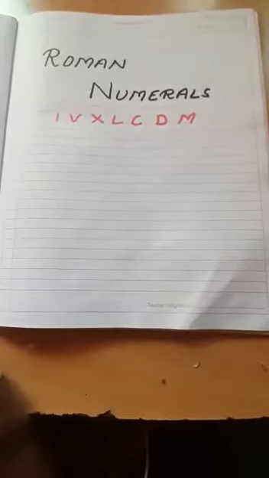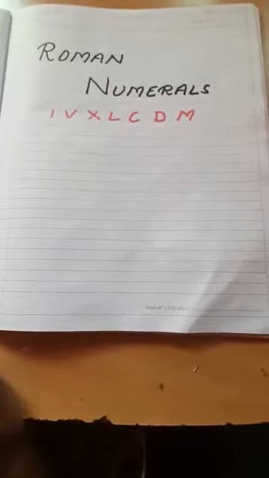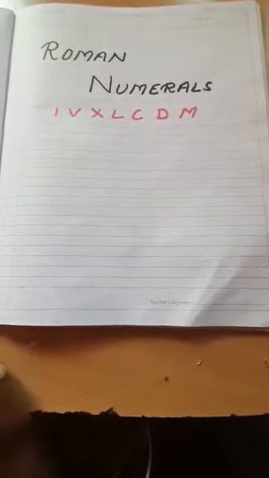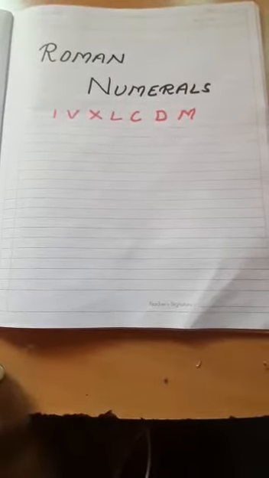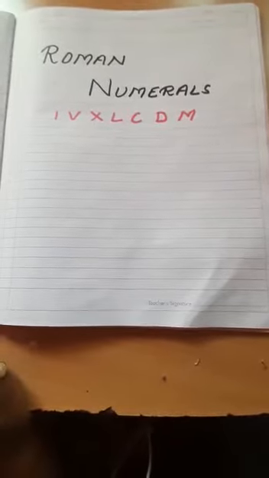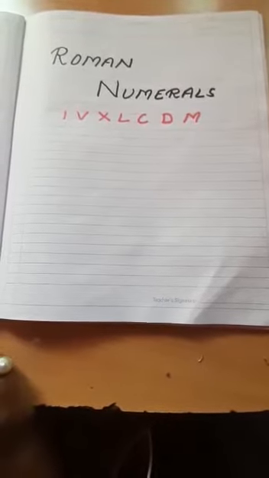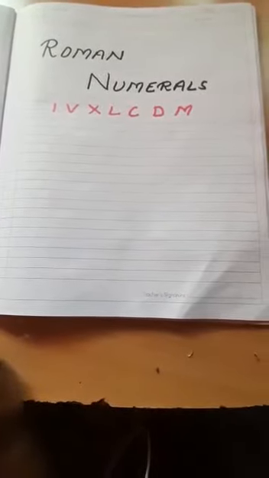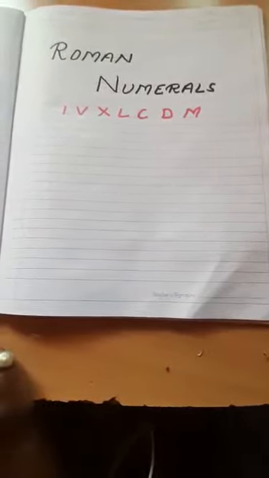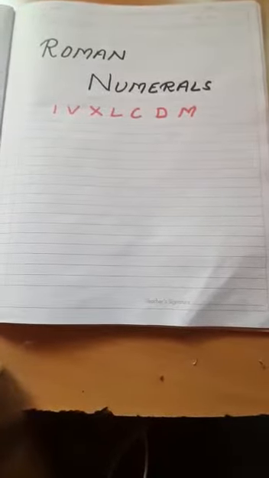Hello kids. Kids, in this session, we are going to discuss Roman numbers or the Roman numeral system. Kids, it's one of the earliest systems of writing numerals. This system is still in use at many places. For example, you might have seen clock faces that show hours in Roman numbers. Also, we use Roman numbers to write numbered lists.